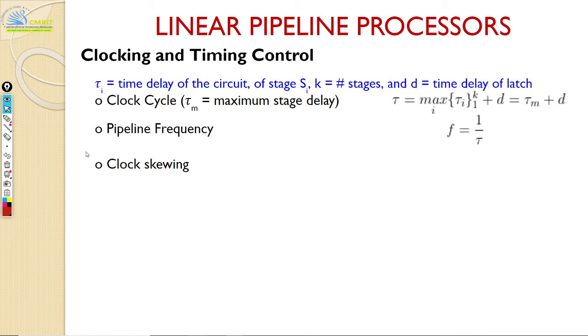Life is not always that simple. So we'll have some inaccuracies, and that is true even for your processors. We have something called clock skewing. What is clock skewing? When I say pass the ball, the first person could be very near to me, the second person could be somewhere at a distance. Because sound takes some time to travel, the first guy will hear me fast, the second guy may hear me not so fast. Now clock is also like that.